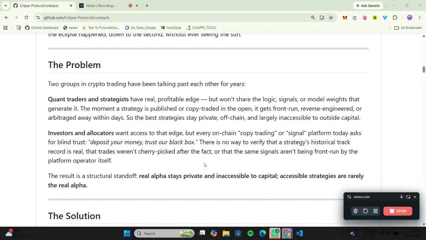Hi everyone, I'm going to introduce the Eclipse Protocol. Before diving into the key points, let's look at what problem exists in the market and what solution